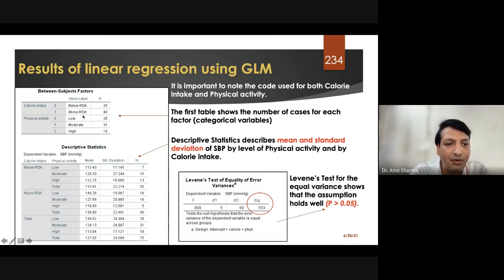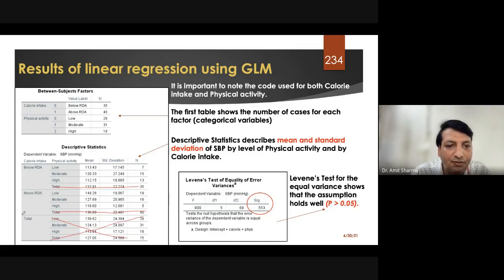You can see that below RDA is compared with all three categories of physical activity: low, moderate and high. This total we are not going to see. Most of the students, when trying to find out the maximum mean systolic blood pressure, used to refer to this particular column, and they would find that total is the highest value, and they used to quote it in their thesis. So the first thing you have to do is ignore the totals, ignore this total, ignore this total, and ignore all the totals.